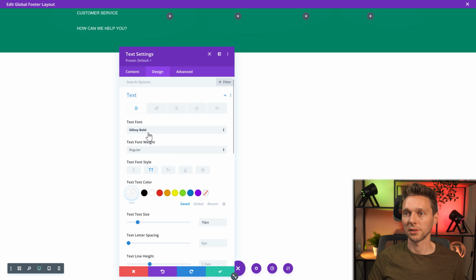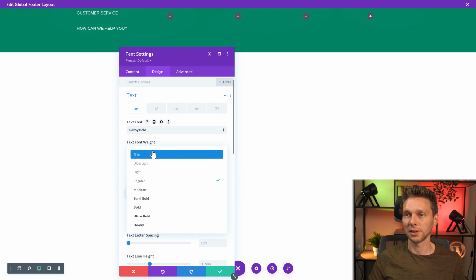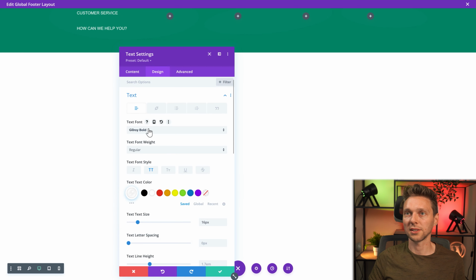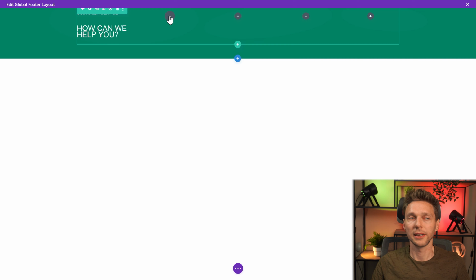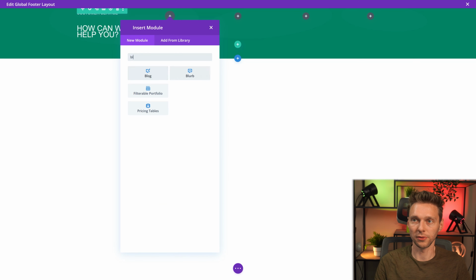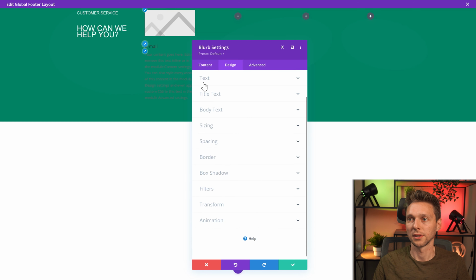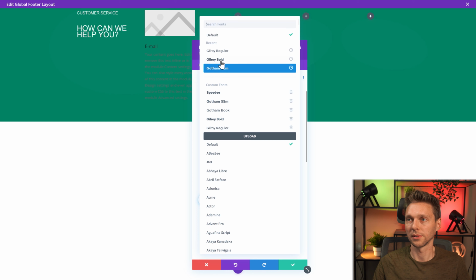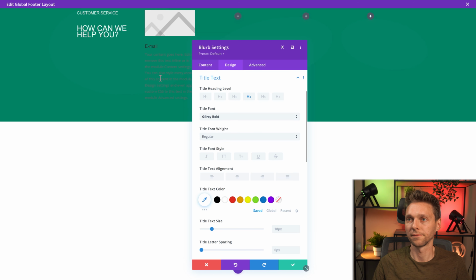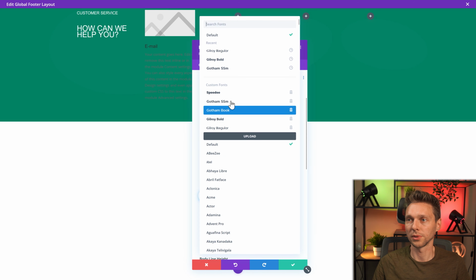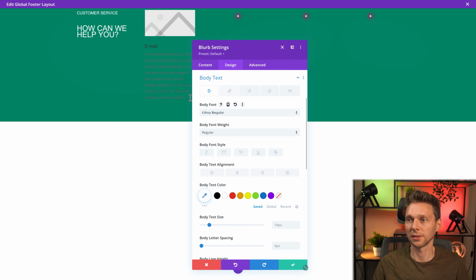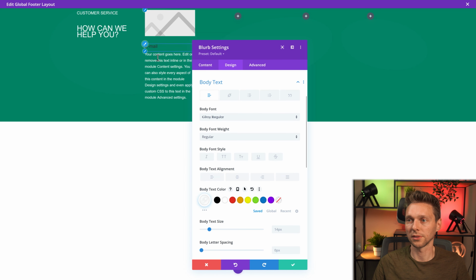And of course, the heading text is Gilroy bold. It doesn't change the text font. You see, I'm just gonna create it, and then we're gonna troubleshoot it later. And then what do we have over here? We're gonna create some beautiful blurbs like this one, and the title is email. It's also Gilroy bold. The text will be also Gilroy regular. It doesn't change right now, but it's gonna be okay.